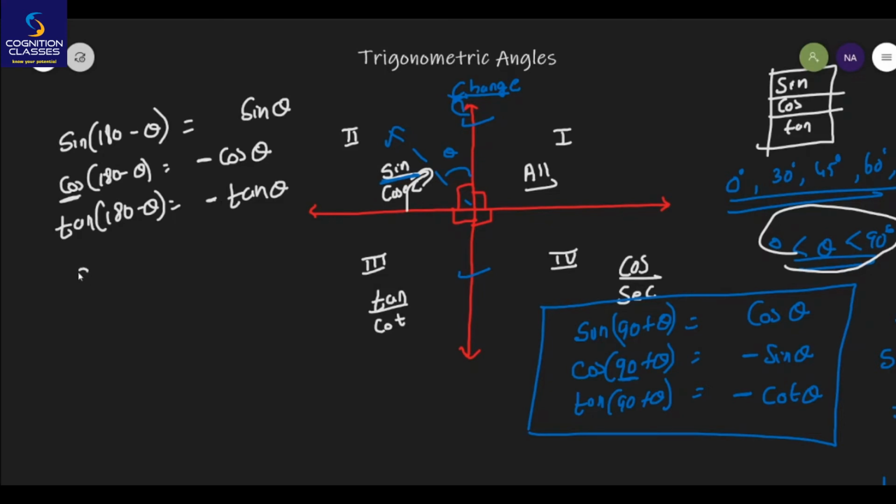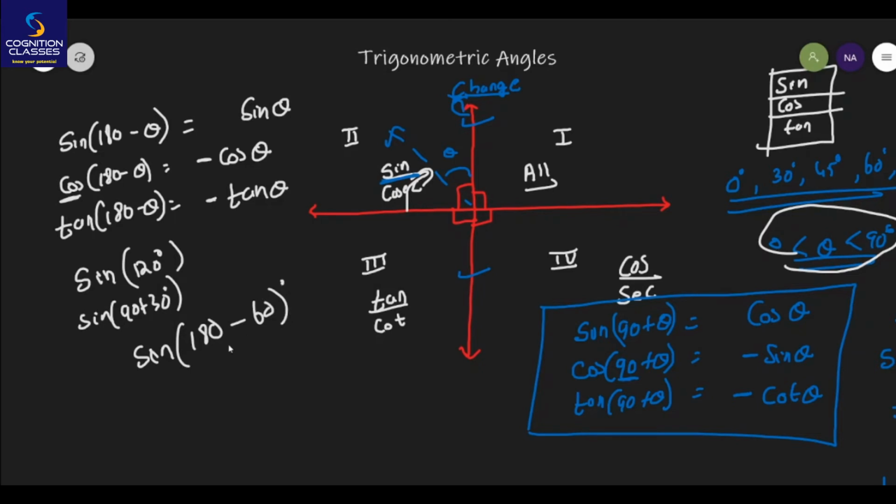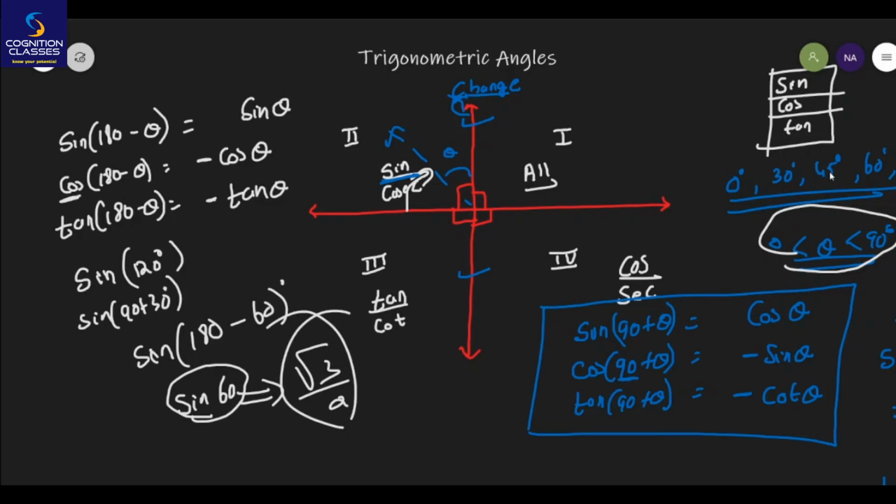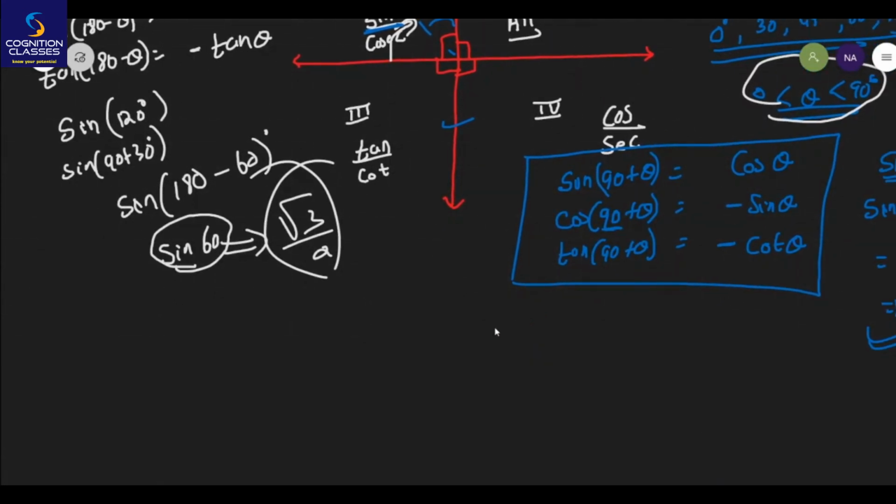Now let's check the same value which we calculated earlier. I showed you the example of sine 120 degree, which we calculated using sine 90 plus 30. That was one method to calculate, but there are other methods as well. Someone can also write 120 as 180 minus 60, correct? So this method should also work. Sine 180 minus theta is equal to sine theta itself, because 180 degrees is the axis of no change, and 180 minus theta means second quadrant where sine is positive. So this is equivalent to sine 60 degree, which is always root 3 by 2. So again we got exactly the same answer that we got earlier when we applied 90 plus 30 degree. This is how we can find it for 180 minus theta.